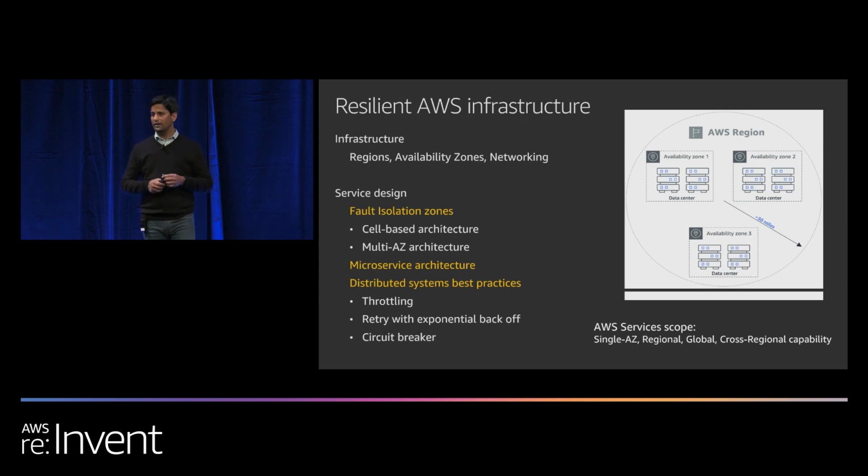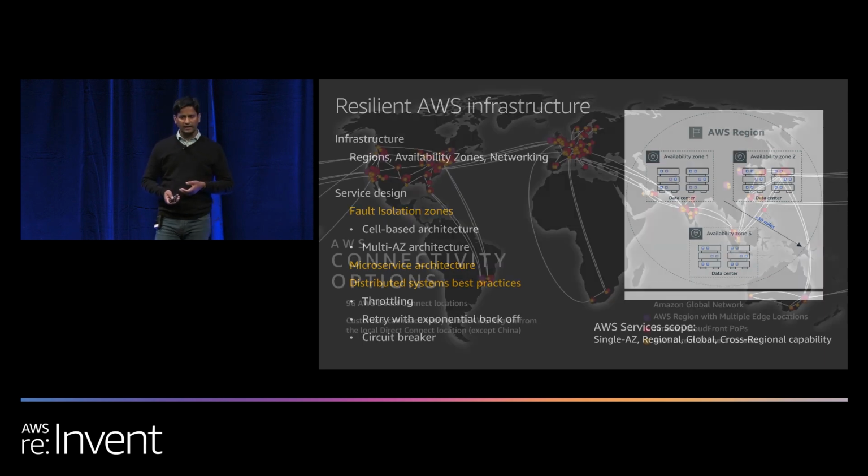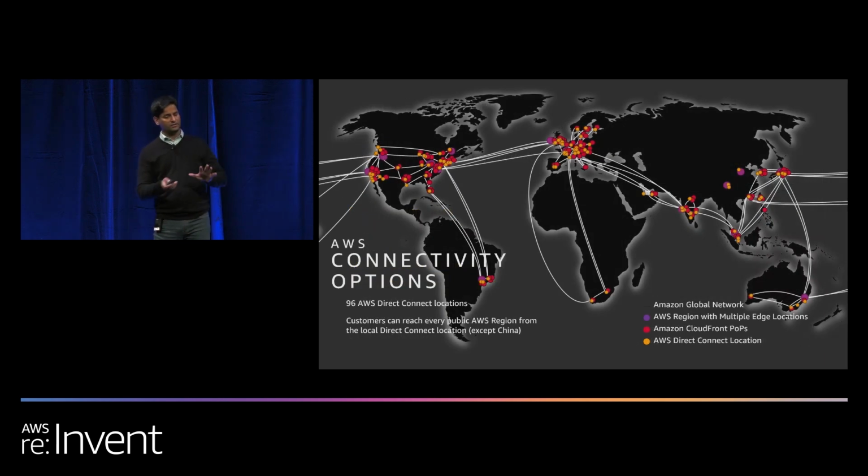And also error retries. If you encounter 5xx errors, most likely if you contact AWS support, we'll let you know that you should try to incorporate in your development patterns an error retry with an exponential backoff. That is a standard industry best practice in terms of software design. And also introduce circuit breakers. So with that, again, now let's start with the global connectivity options.